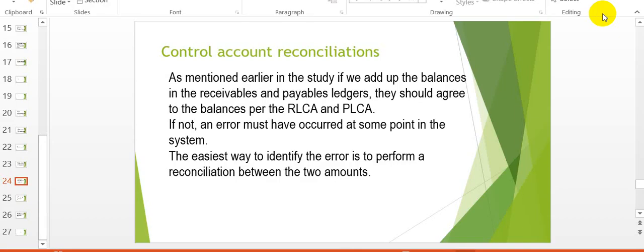We continue with the last video on control accounts, where we concentrate on control account reconciliations. We noted earlier in the study that